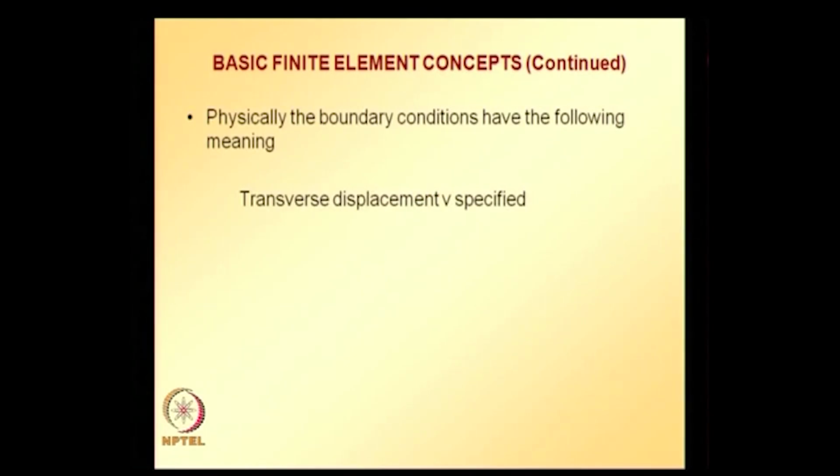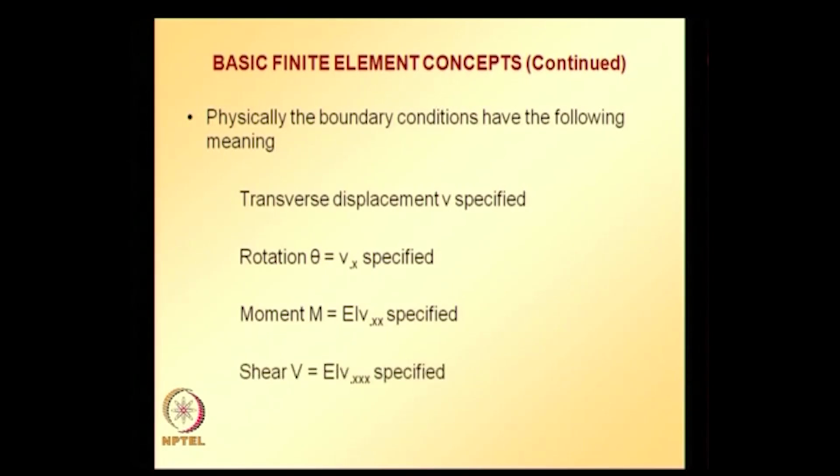V is transverse displacement and derivative of V is nothing but rotation, and second derivative of V times modulus of rigidity, that is EI, gives you moment, and EI times third derivative of transverse displacement gives shear. So, any combination of these boundary conditions can be given, and 4 boundary conditions are required